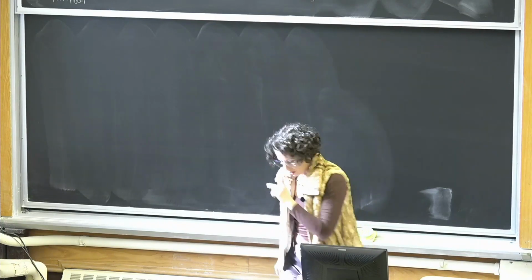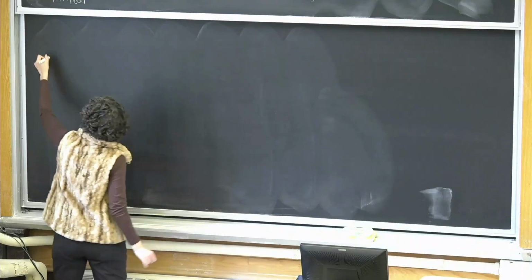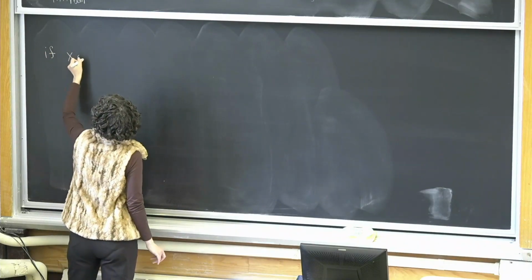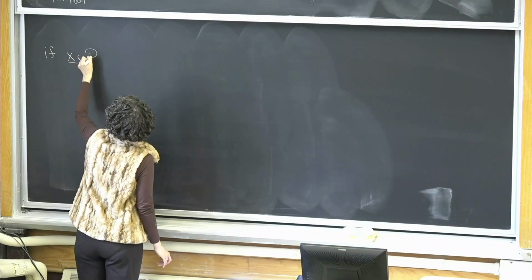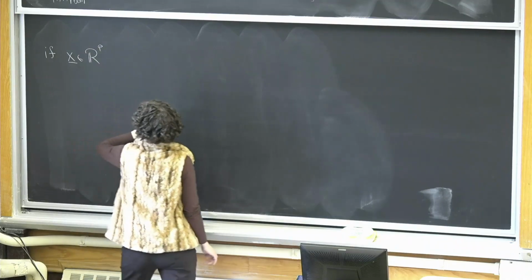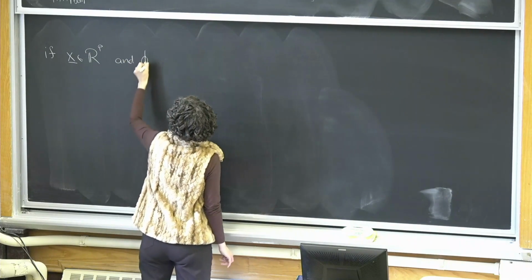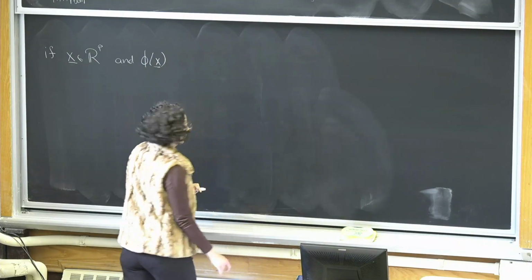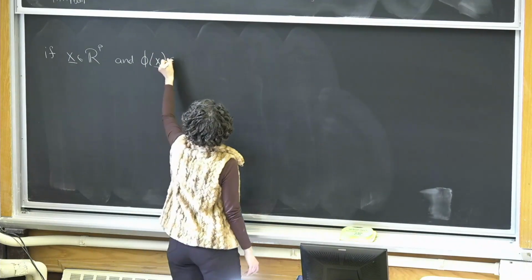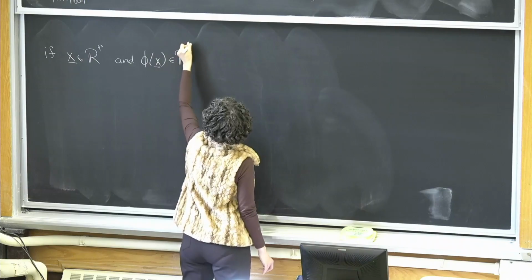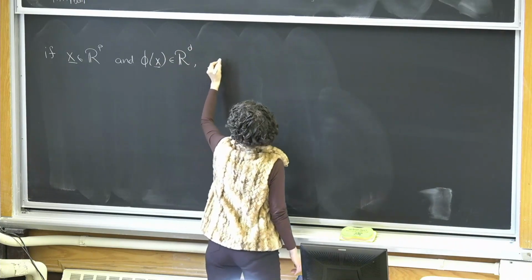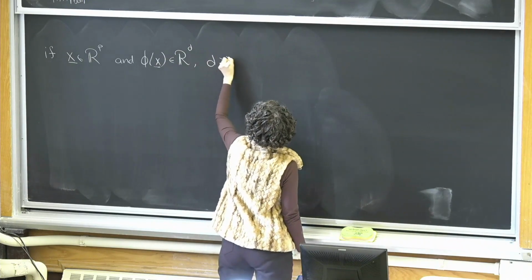But the problem is that if x is in, let's say, each feature vector is in p dimensions, and we say that our new feature vector phi of x is in d dimensions, then d is typically way